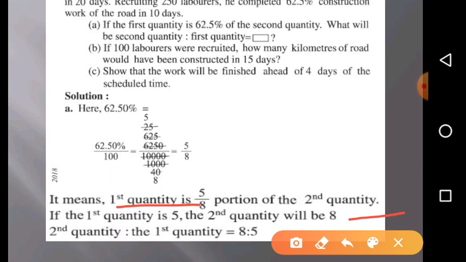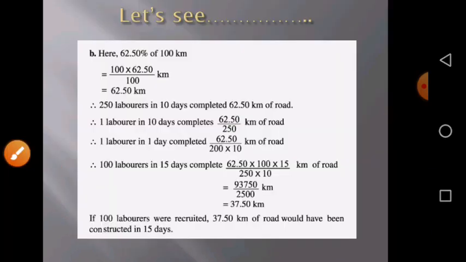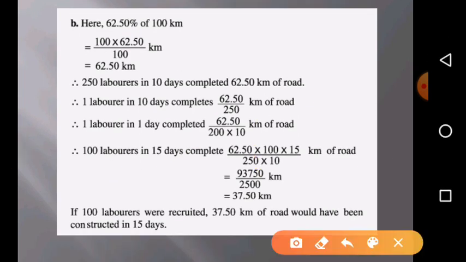Now question number B, if 100 laborers are recruited, how many kilometers of road would have been constructed in 15 days? যদি 100 জন লেবার খাটান তাহলে 15 দিনে তিনি কতটুকু কাজ কমপ্লিট করতে পারবে সেটা আমাদের এখানে দেখাতে হবে। Here you can see 62.5% of 100 kilometer is 62.5 kilometer. After calculating it we will get the percentage reduction